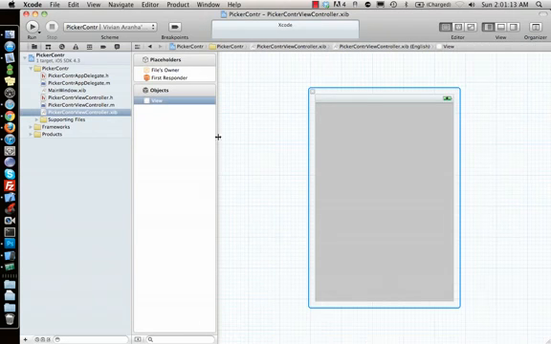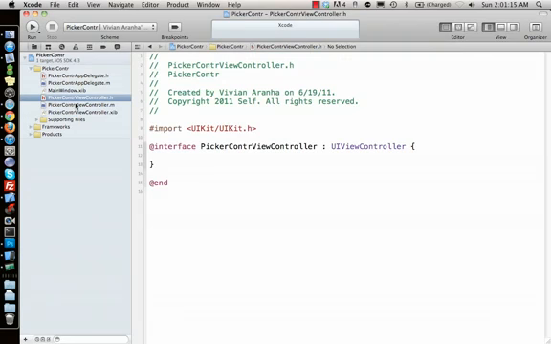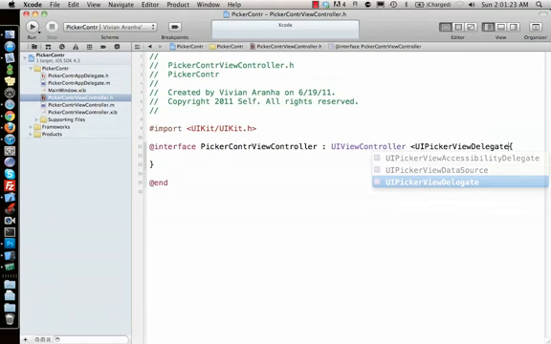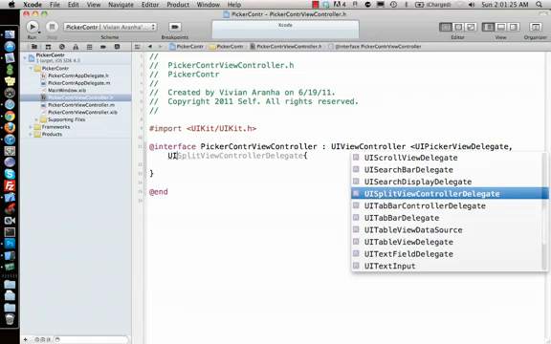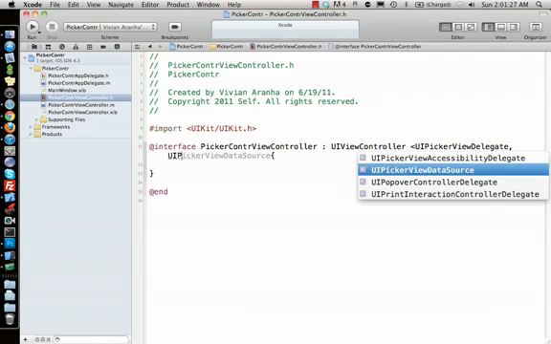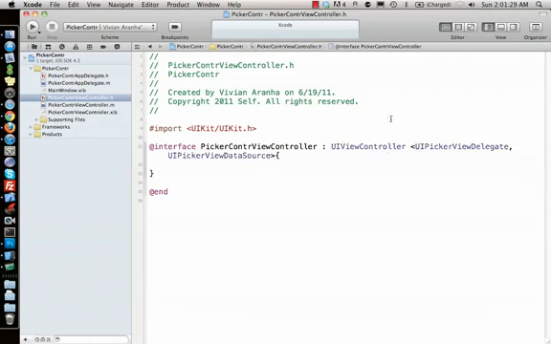So let's go ahead and do it programmatically. The first thing I need to add is some delegate methods for the picker controller. So I add UIPickerViewDelegate and UIPickerViewDataSource, so that these two give us some methods to provide data to the picker view controller and add some delegate methods. If you click on something, what should happen?